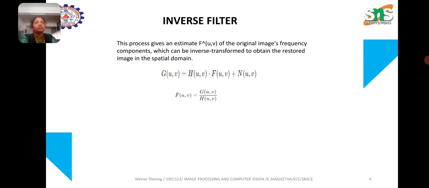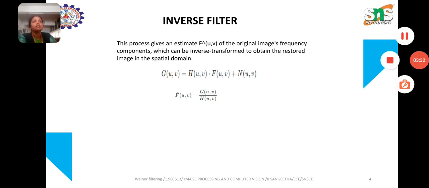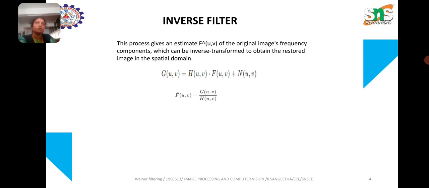The main application of the inverse filter is motion blur restoration. That is, inverse filtering is applied to remove motion blur caused by camera or object movement during image capture. The next application is optical system restoration. That is, it is used in optical imaging systems to correct blurring due to imperfect lenses or optical systems. The third one is astronomical images. It helps in the restoration of blurred astronomical images captured by telescopes, and it is also mainly used in medical